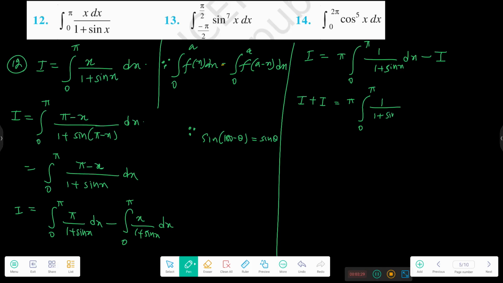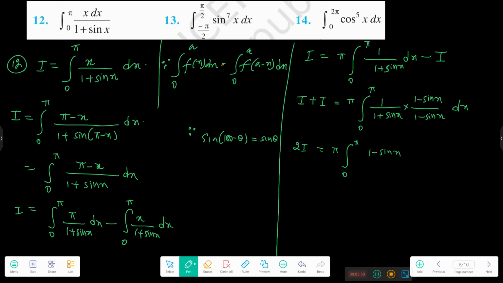So 1 plus sin x multiplied by the conjugate, which is the opposite sign in the middle. I am applying the conjugate. Minus I, when moved opposite, I have written already on the left hand side plus I. So I plus I, 2 times I, is equal to pi times the integral from 0 to pi, numerator 1 minus